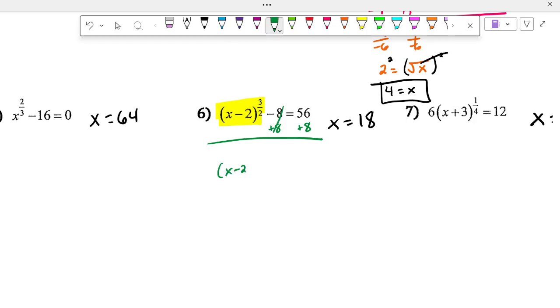So this would be x minus 2 raised to the 3 halves is equal to